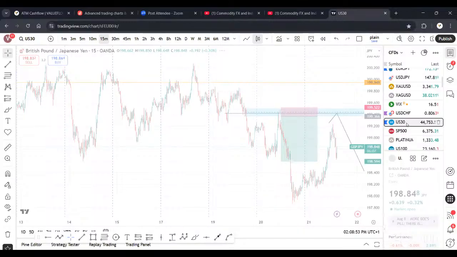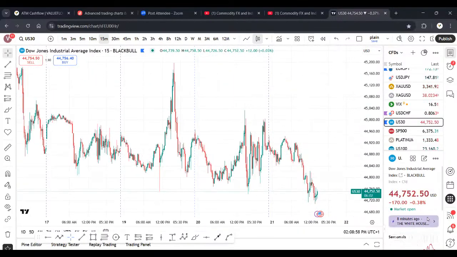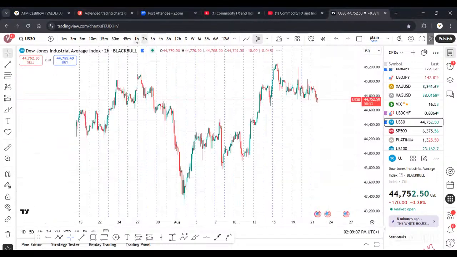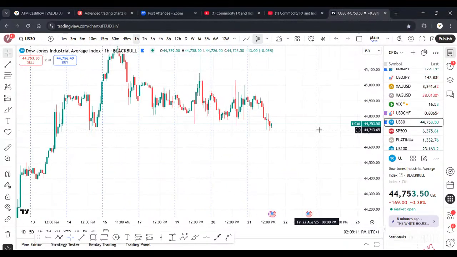In the morning, we had some analysis on US 30. We marked out some levels we're anticipating the market to move to. And interestingly, the market hasn't done anything much. Right, it didn't get to our level before moving this morning, and for that reason, for me personally, I am looking at